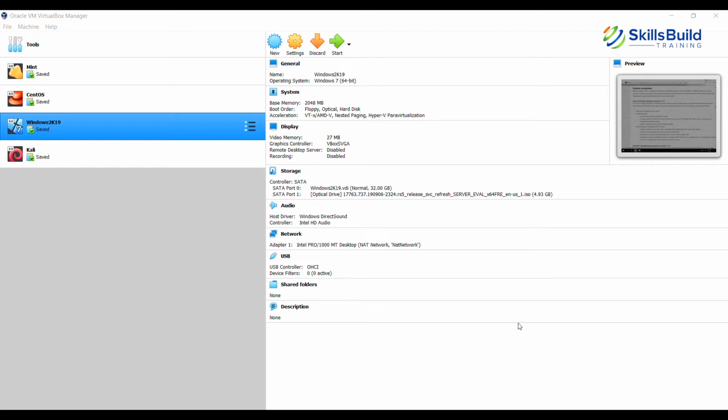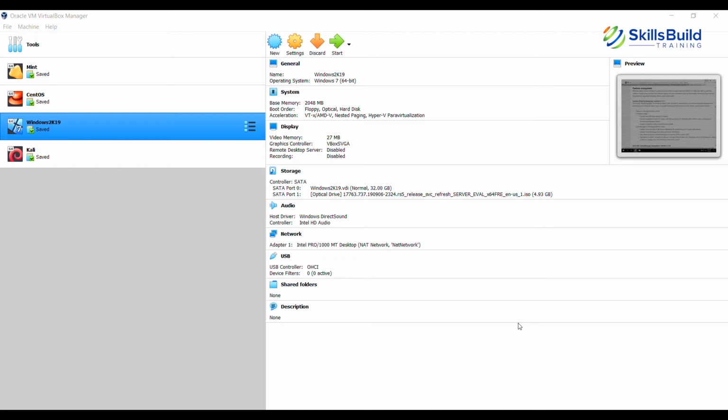In this video we are going to cover the following topics. We'll first introduce Windows Server 2019. We'll talk about the versions of Windows Server 2019. We'll also do a quick overview of the desktop. Then we'll talk about the Server Manager, roles and features. We'll also look at adding other servers to manage within Server Manager.